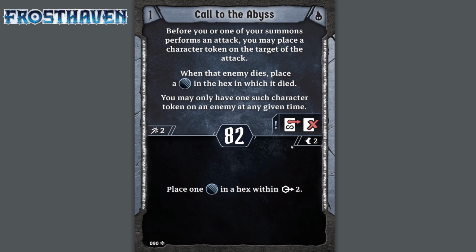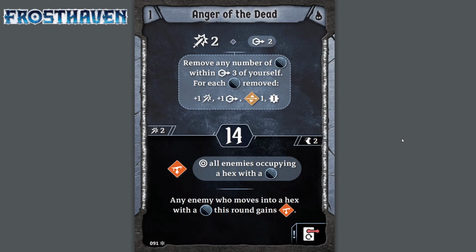Some good generation on the bottom, some guaranteed generation on the bottom, and the top I think is very thematic and works well for your character to start doing some damage and attacking. So really, really like it. 82 initiative is obviously quite bad. However, usually these kind of top burn abilities and things like that end up on stuff like this, so this isn't too surprising. Next up, we have Anger of the Dead, which is attack 2, range 2, and then we